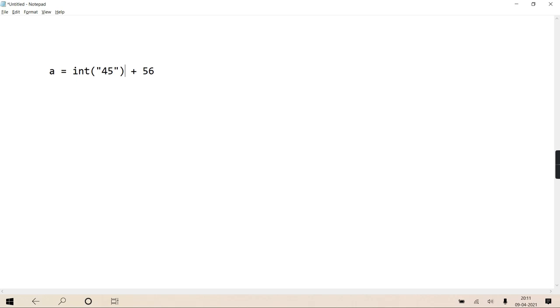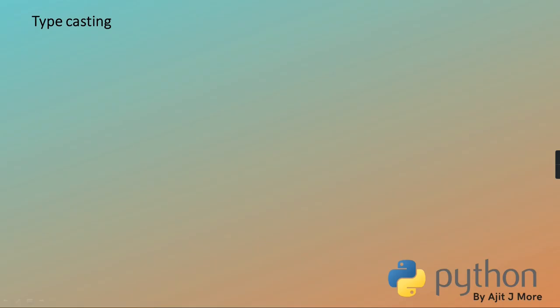So we are doing it, therefore it is called explicit. Ultimately the conversion is to be done by the interpreter only, we are informing it. Ultimately, who is going to do that activity? Interpreter only. But we are telling the interpreter to please convert string to integer. Clear? So I hope the implicit and explicit conversion is clear. We have to focus on explicit, and there are 5 conversion functions that we will quickly learn one by one. Okay? See, typecasting is conversion of one data type to another.